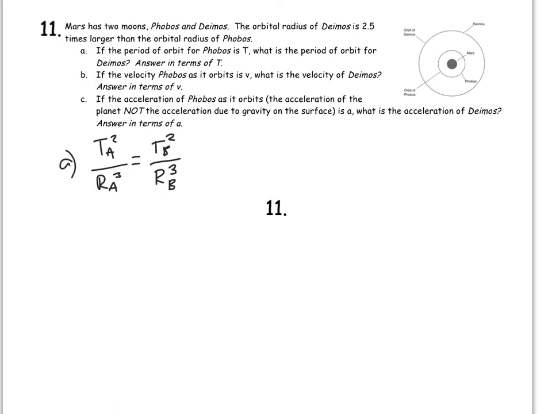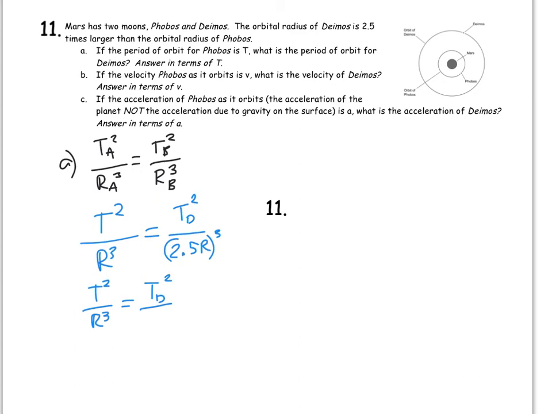I'm going to say that TA and RA are going to be for Phobos, so I'll say that it has an orbital period of t, and its radius, I'm just going to say, is r cubed. We're looking for the orbital period of Deimos, so I'll call that td squared, and its radius is going to be 2.5 times larger, so 2.5 r, and that entire quantity there is going to be cubed. So I can go ahead and simplify that bottom of the one side, and so I have t squared over r cubed equals td squared over